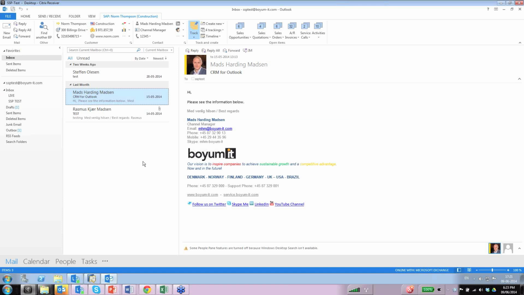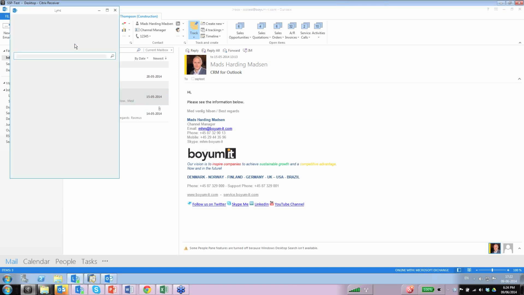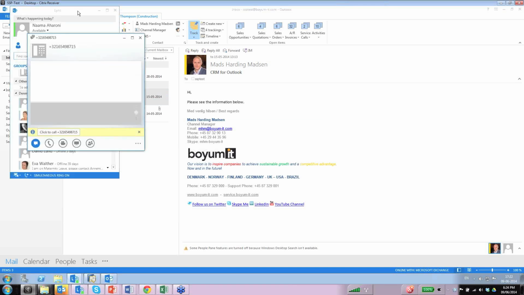And now the last thing that I want to show you is, we are at Boyum IT. We are very focused on productivity and working faster, doing things that previously used to take, let's say, 2 minutes and now take about a second. So in that case, you're going to see the same type of theme going on in CRM for Outlook as well. For example, I can call my contacts from within CRM for Outlook. Whether you have Link open or Skype, once you click on a phone number, the software that you have running will open with that phone number